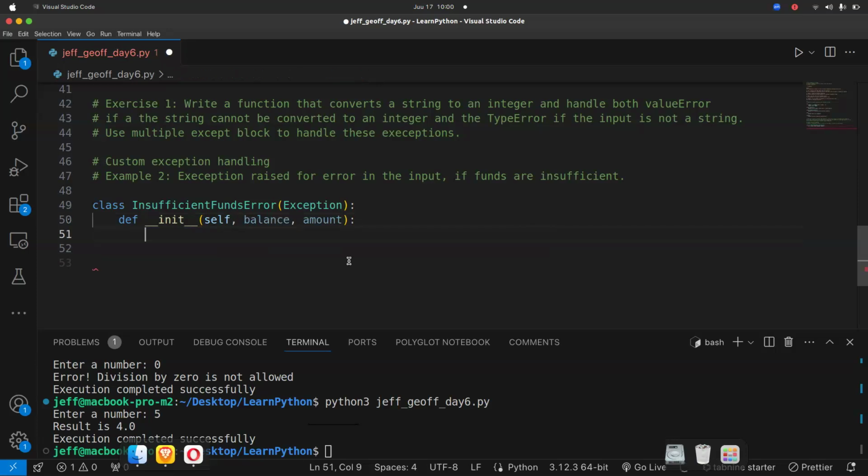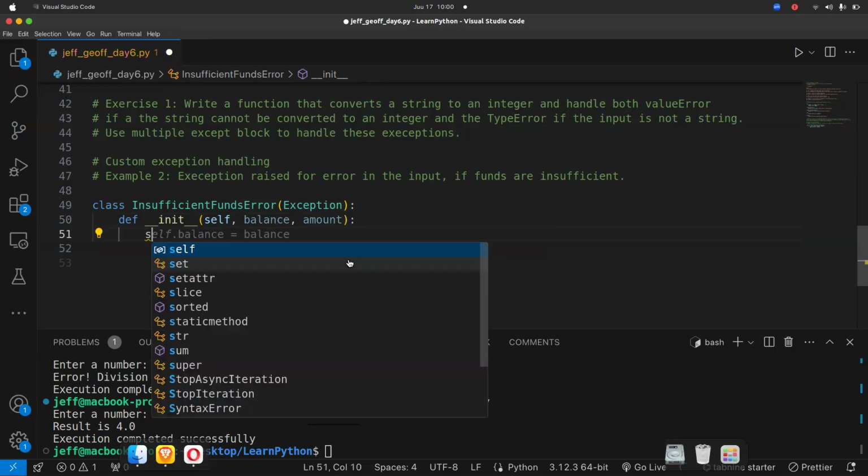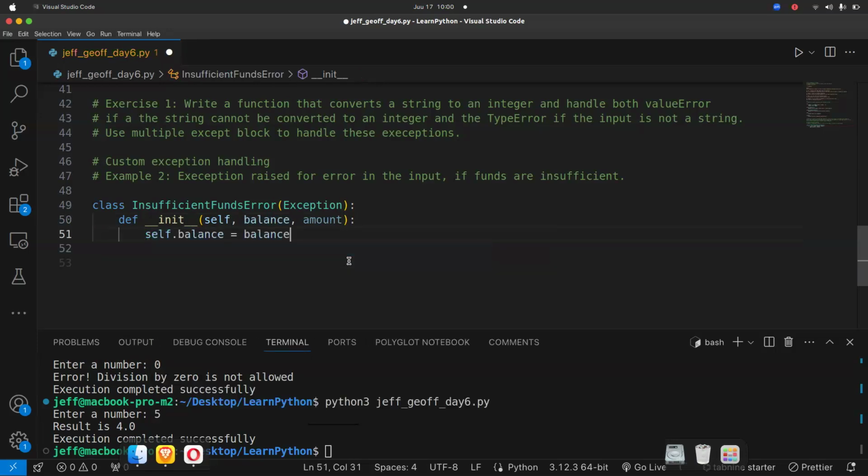This is just self-initializing so that whenever we are withdrawing, it should be able to do for us those exceptions. So we can say self.balance. Basically, it will self-initialize the balance. And we can do that for amount as well.